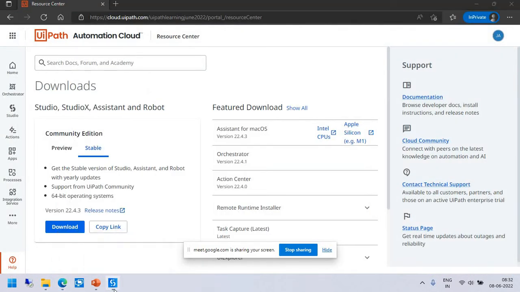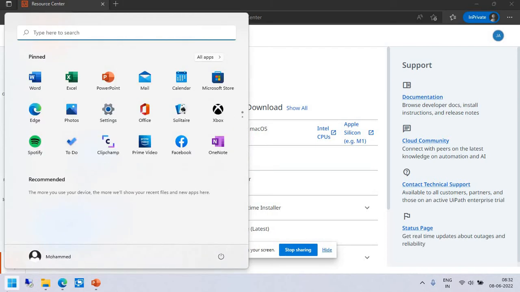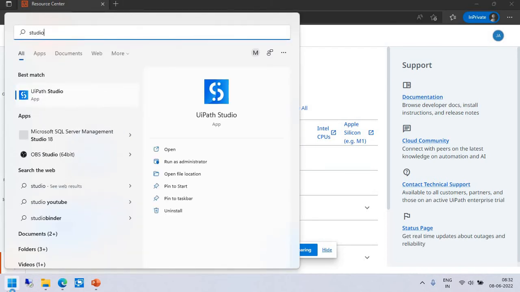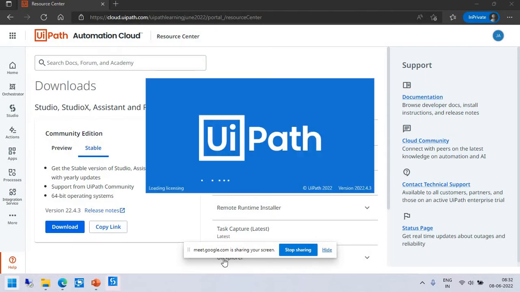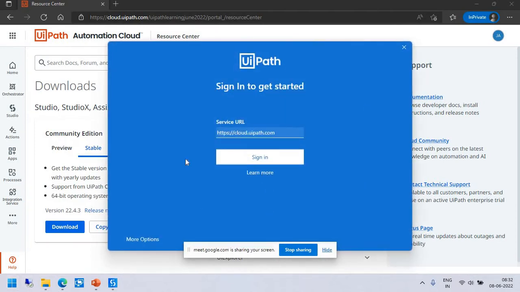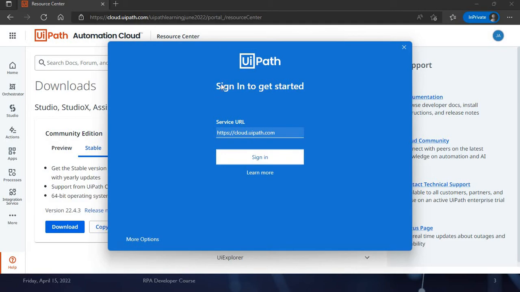So, one second, let me close this again. Studio. You will get this page actually. I don't know why I got that, I mean, normally it has opened the process, but you will get this page when you install your UiPath Studio freshly, okay. Once you open this, it is asking the same thing, is the URL the same, cloud.uipath.com. So it is telling me to sign in again, okay, in Studio. Once I click on sign in,